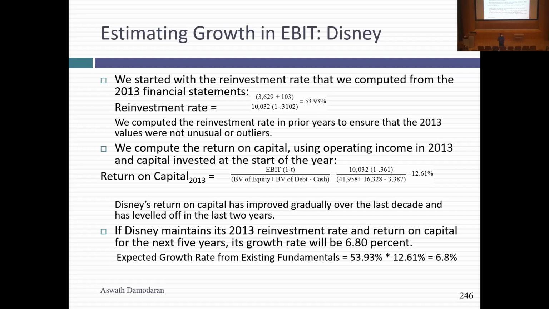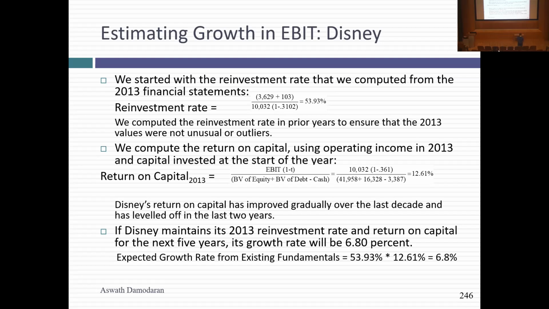How much are you reinvesting? How well are you reinvesting? How you measure those will depend on whether you take the equity route or the firm route, but you're still following that principle to get to steady state. This is going to be where your head is. Your growth is going to be driven by what kind of returns you make on your project and how much you invest.